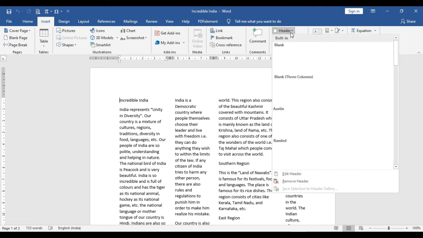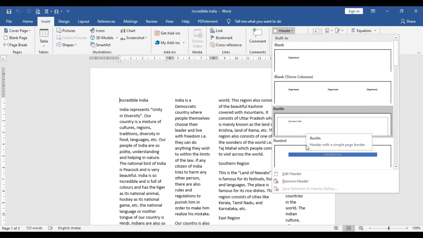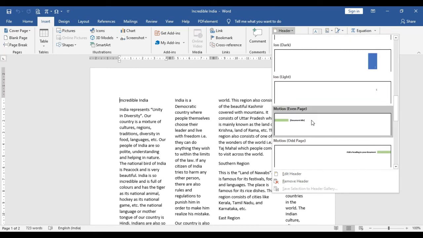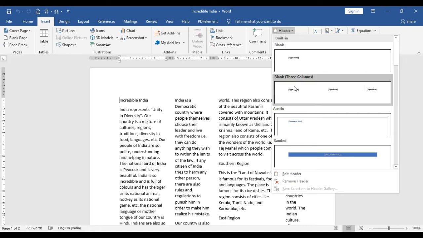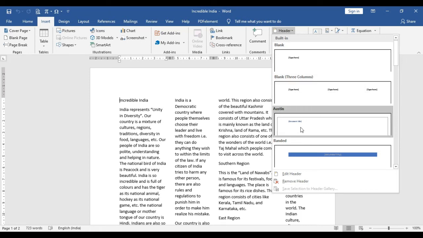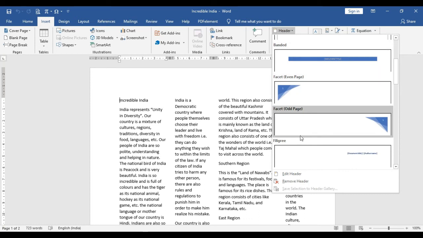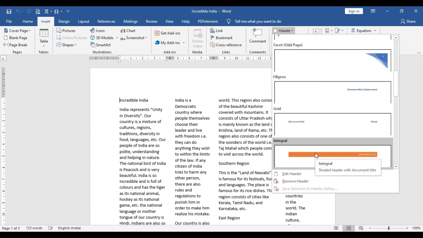From here, choose the desired format which you want to insert. You can select a predefined format. Like this is blank, this is 3 columns blank, this is Austin, this is Band-Aid. There are many options available already. So I am taking this one.